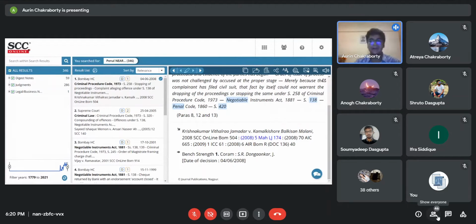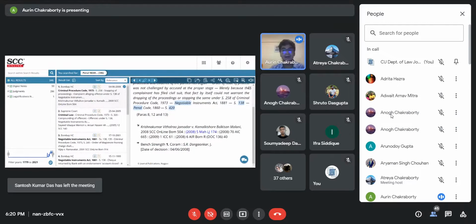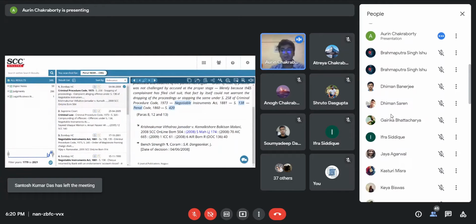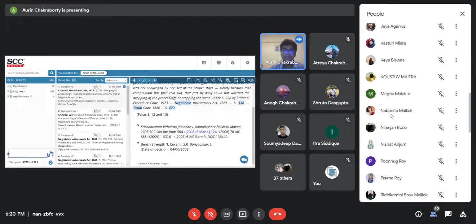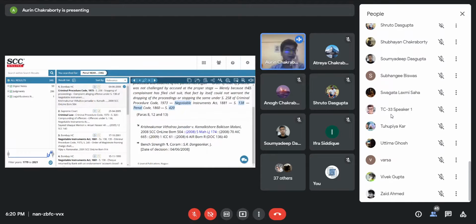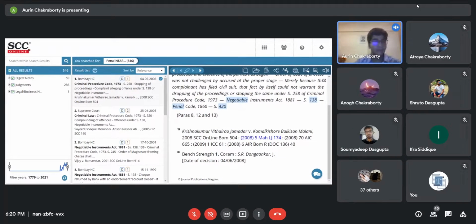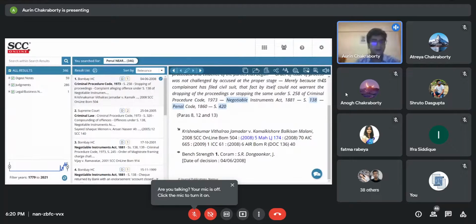As I said, this is a smart copy. If you want to copy this whole judgment at a go, you can just do this. And if you want to copy a particular paragraph in a judgment, the smart copy feature comes into play. You just double click on the paragraph, and a tab will open up wherein you can even mail this particular paragraph to anyone you want, which will already be given a heading like this. You can just copy it.